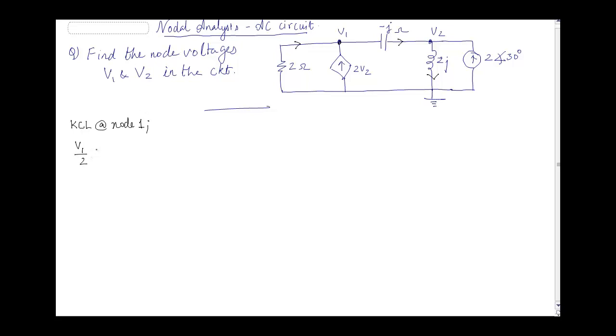Next, incoming current from the dependent source, so it is a current source, its value is already written as 2V2, so we will write plus 2V2, plus because it is incoming current. The next current is outgoing, so minus of the current value will be higher potential V1 minus lower potential V2 divided by minus j is equal to